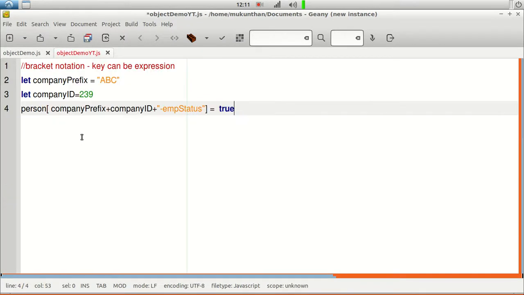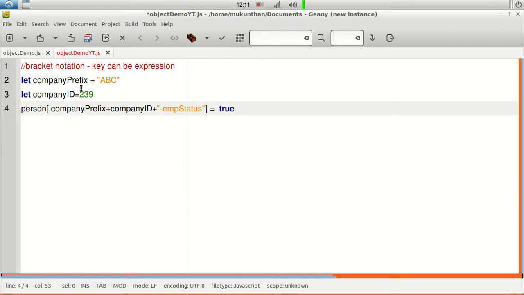Now we are going to see bracket notation. When will you go for the bracket notation? We have discussed dot notation: when you want to do method chaining, you go for the dot notation. Bracket notation is useful if you want to use expressions, in the sense that in the key you are not going to give the value directly. You want to do some manipulation or some expression. In that case you will go for the bracket notation.